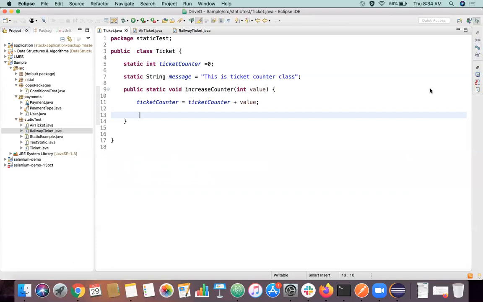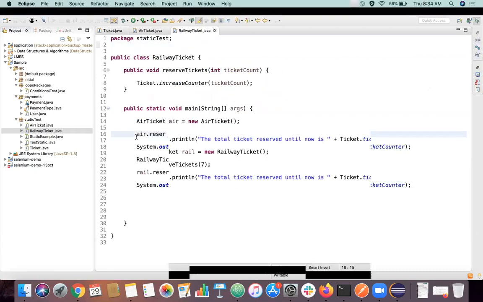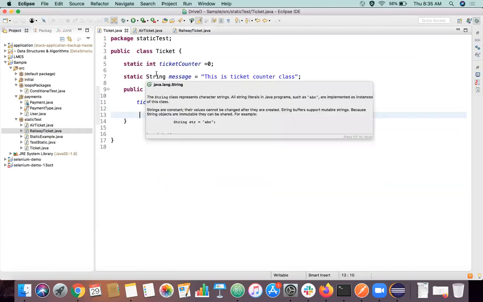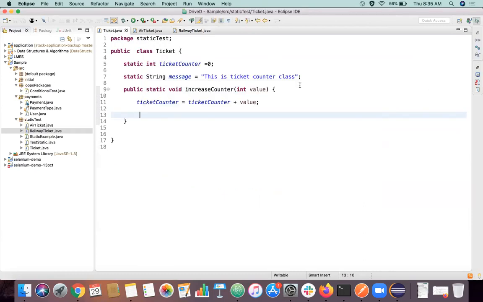As we saw in this example, a static value can be changed. We are changing the static value to 3 here and to 10 here by adding this 7. Static is not a fixed value that cannot be changed. We call it static because it's available in a static memory location. That is the meaning of static. The one that cannot be changed is called final. Once we declare something as final, that value cannot change.